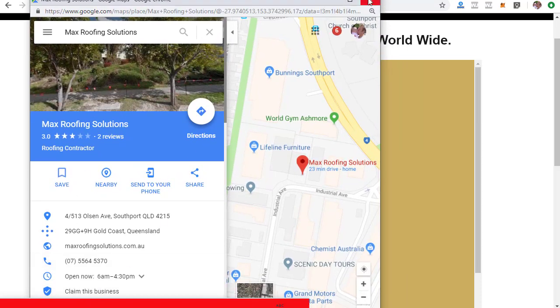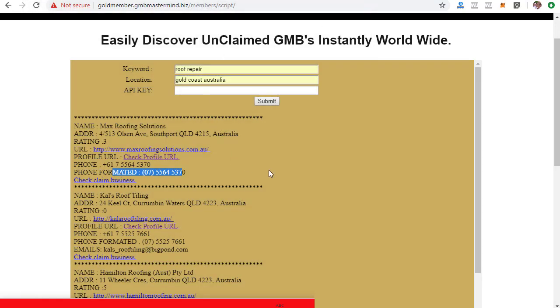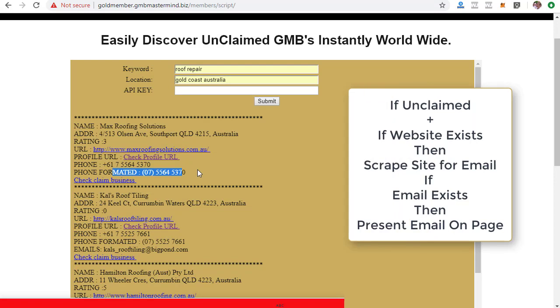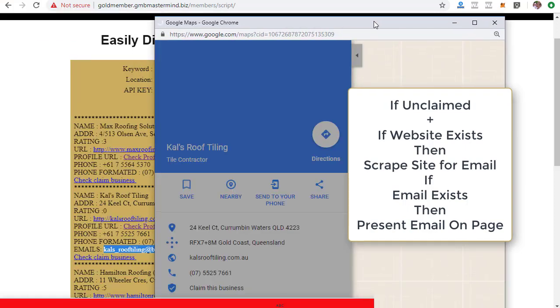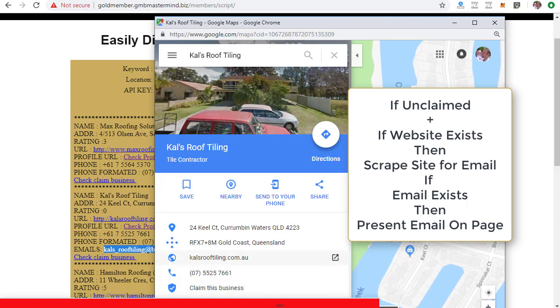Beautiful. But also what it does, when it finds an unclaimed business like this one here, our software goes to this site, scrapes it, and looks for an email address. If the email address is there, boom, it will put it right there in the script. So what you're looking for is results with check, claim, business. That means it's unclaimed, you can claim this business,